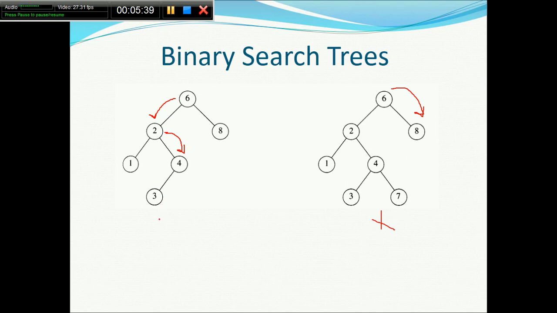And in this case, it is a binary search tree. So this one is a binary search tree, and this is not a binary search tree because of this node. Because of this particular node, because it is present in the left subtree of 6, and that is not allowed. It is a binary search tree. It is not a binary search tree.